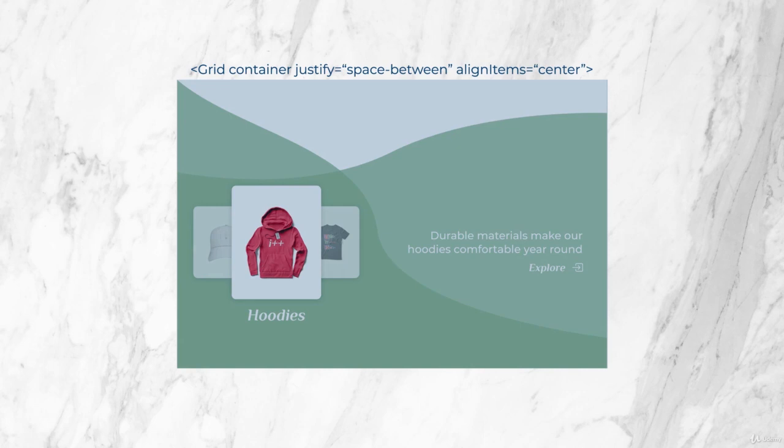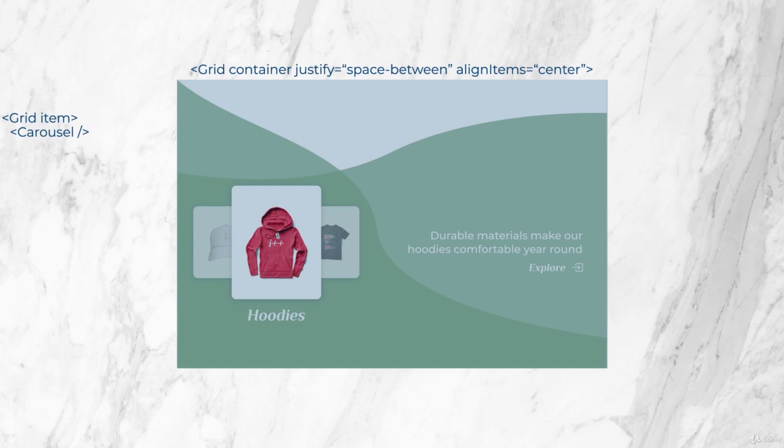Since it's a direction of row, that means the main axis is going to be the horizontal direction, so we'll use the justify property to put space between the two items. Then to get them to move down vertically towards the center of that background image, we'll use the align items of center. So then on the left, we're going to go ahead and have a grid item that's going to